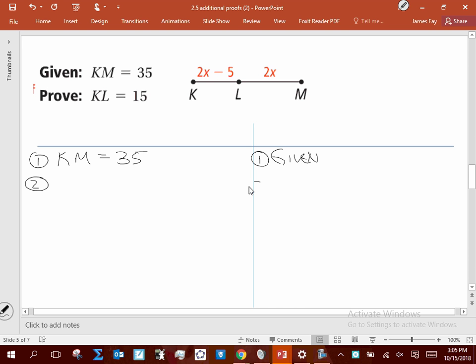Okay, so the next thing is to look at a picture. This picture is a little bit more simplistic than what we've seen so far. There is no overlap, right? Okay, if I'm going to have segments overlapping, I've got to have at least 4 points. If I'm going to have angles overlapping, I've got to have at least 4 rays. So we don't have any overlap here, so I don't need to use the reflection property at all. But we are dealing with segments, right? So I'm dealing with segments, what probably drives the problem? Segment addition. So write a segment addition statement. KL